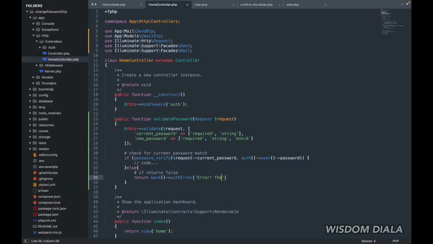We're going to tell the user that the password did not match with the current password. Then if it returns true,